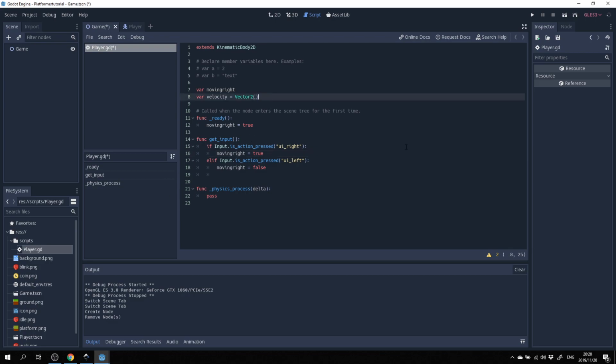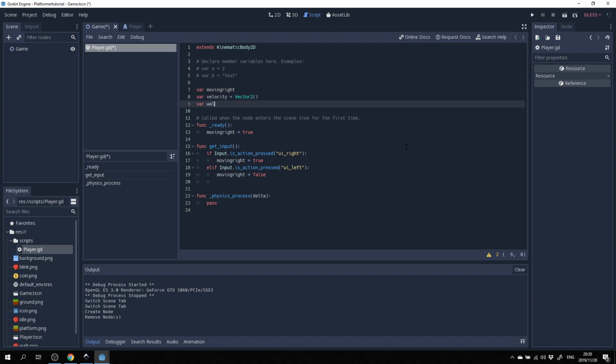For that we will create a var walk speed, and I'm going to set it as 350 for now. This will change depending on how large your scene is and all of that, so just adjust this value to make sense and make your game look smooth and more aesthetically pleasing based on the movement. This will differ for everyone and for every project, so play around with this value and see what works best.